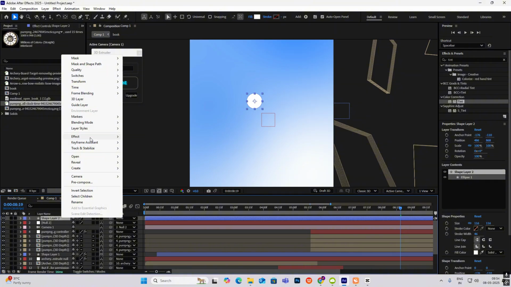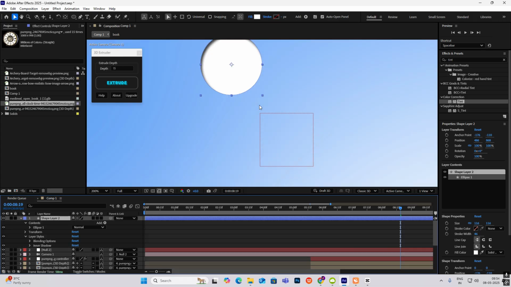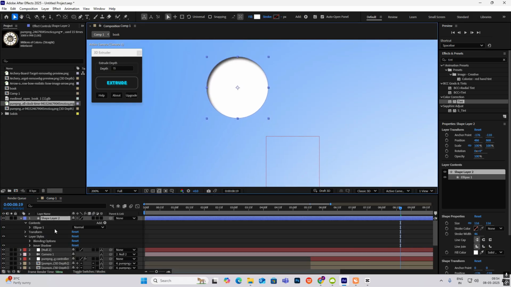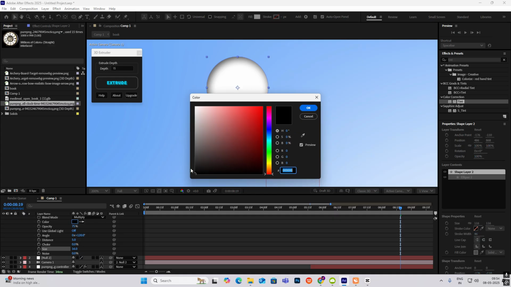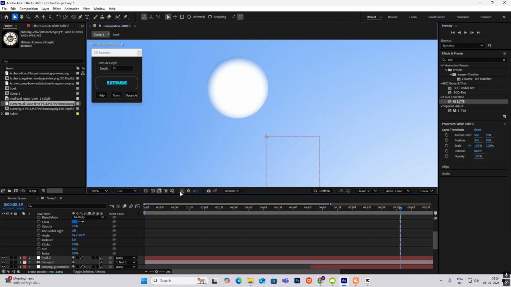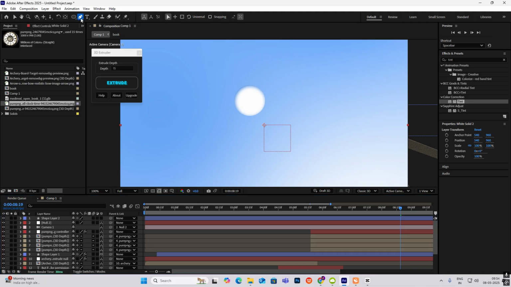Now right click, layer styles, and then we can select inner shadow. Okay, now while selecting inner shadow, just open this, increase the size a bit, make the color blue. Okay, and we can increase the noise a bit. Okay, now I'll just add